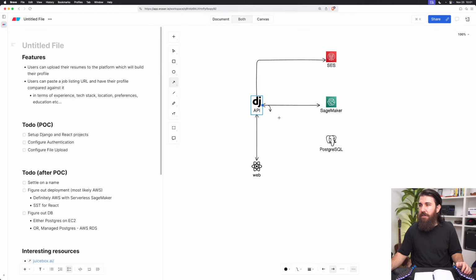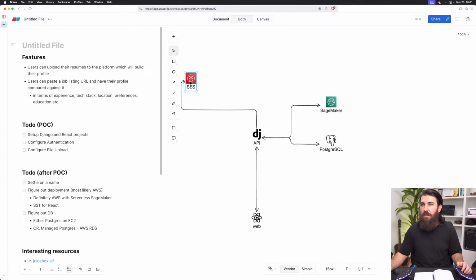The Django application is going to interface with that. So you see the general idea. We only have a web application like this. Django sits in the middle of everything, and then we have all of these different services from Amazon and databases and stuff that basically help us achieve the functionality and the features that we need for this application to work,